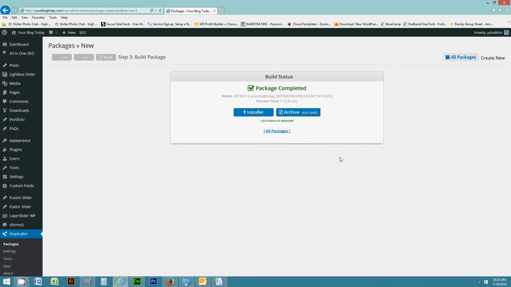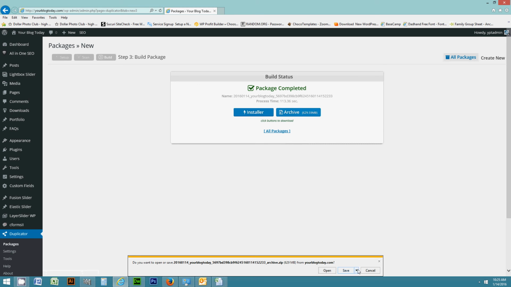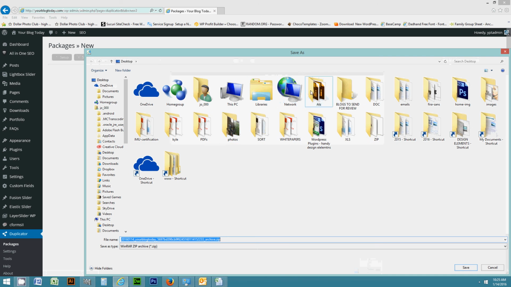Okay, so this download was successful. The build process rather was successful, and now it says, okay, do you want to archive this or install it? Well, I want to archive it. I want it on my computer. So I'm going to go ahead and choose archive and save as. Now what I'm going to do here is I'm just going to throw a copy of it onto my